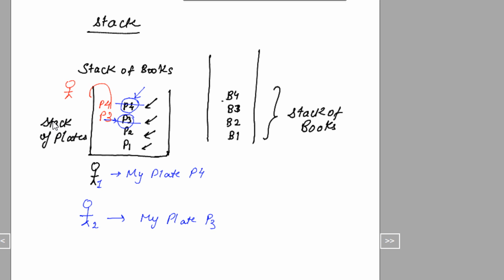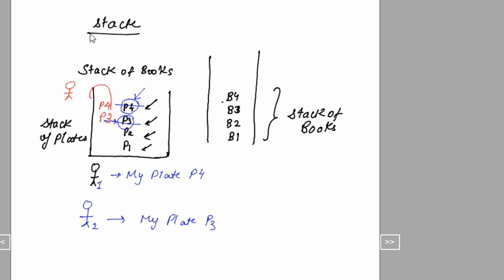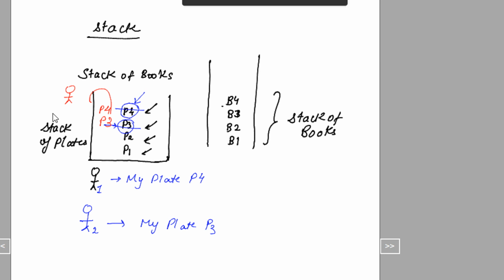He does not pick n minus one and then put the freshly washed plate at the bottom. Never like that. Fine. So this is the concept of stack. Whatever item you want to pick, you pick it from the top. And if you want to insert a new item, you insert it again at the top.